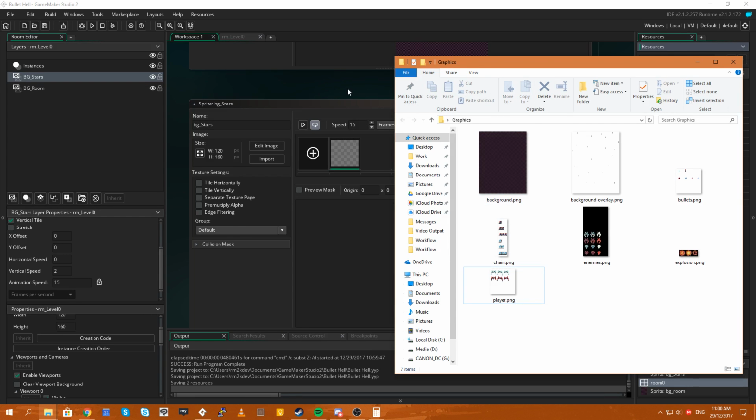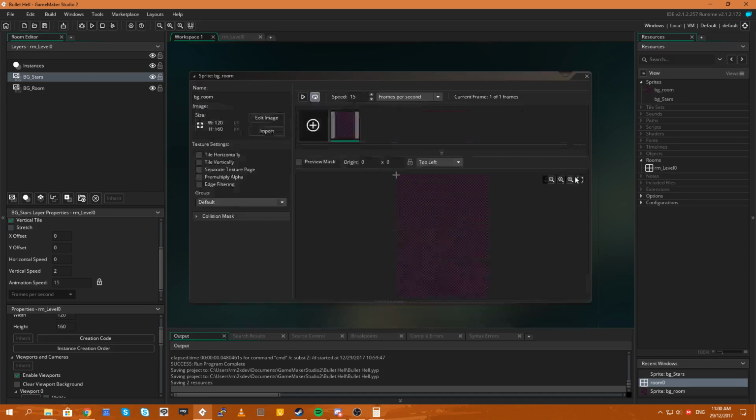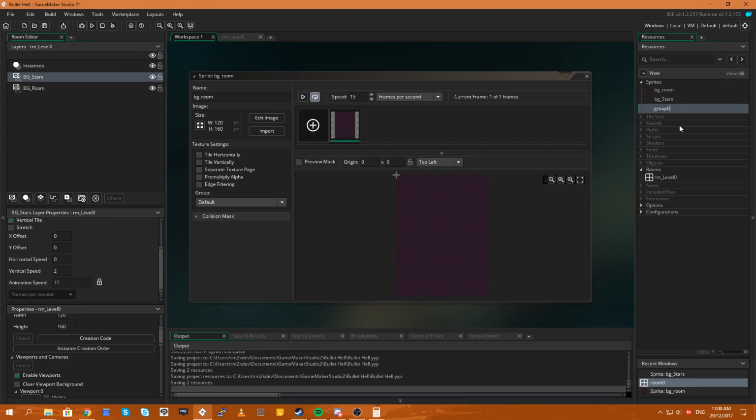So let's bring in the sprite for this player. And actually, let's categorize some of this as well. I want to keep this project nice and clean because once I'm done, I will package it up and throw it up online for download. So let's call this backgrounds. Oh god, what's up with the spelling today? Backgrounds. There we go. And let's put those into this folder, which did not work at all.